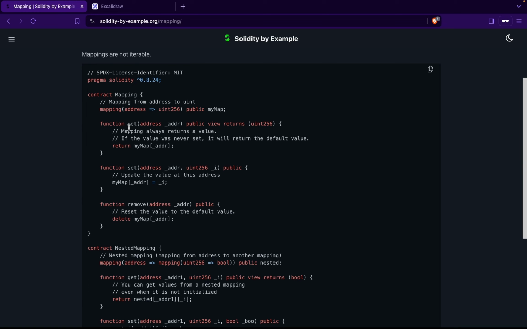Get helps us in fetching a value stored against a key in our map. So here we'll get the value, whatever value is stored against the key we pass in here. The set function sets a value against a key in our mapping. So we pass in the value we want to store and the key we want to store it against, and it will store that in our mapping. Remove removes the value stored against a key. So whatever key we pass in here, the value stored against it is removed and the key is set to